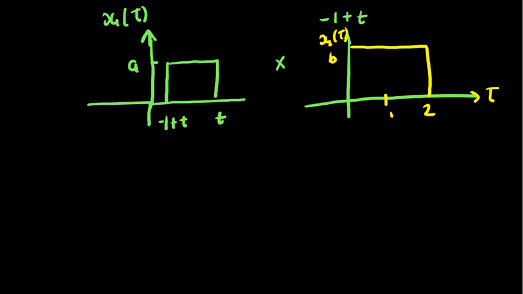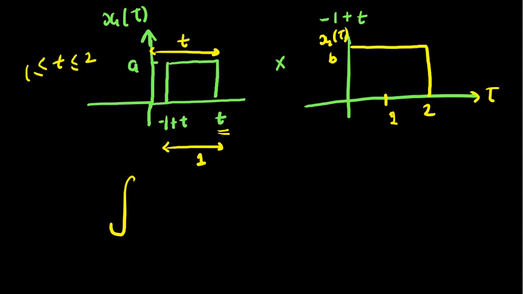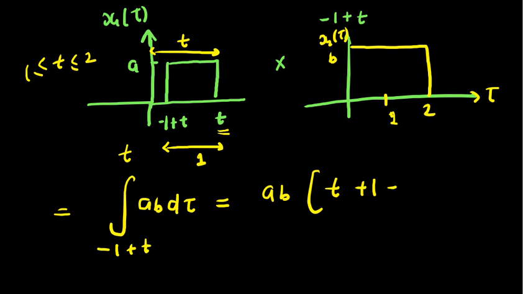So now in your integration, the limit of integration, this t will be more than 2 or less than 2, because this is 1, right? And we have assumed that, correct? So now your limit would be minus 1 plus t to 2, correct? A into b d tau. Solve it, what will you get? t minus 1 minus t, which is case 2. Clear? Third row, are you following?